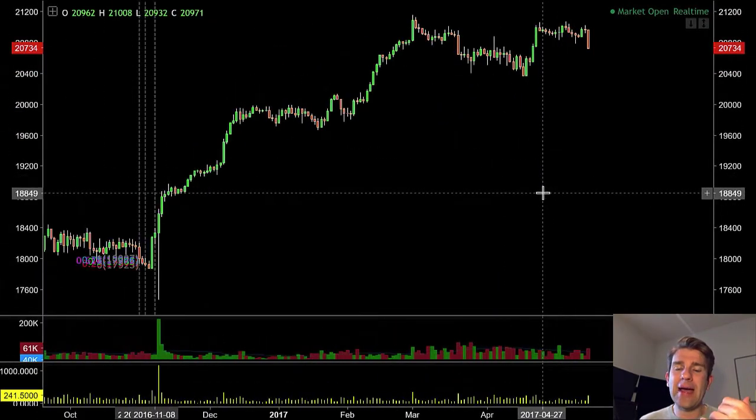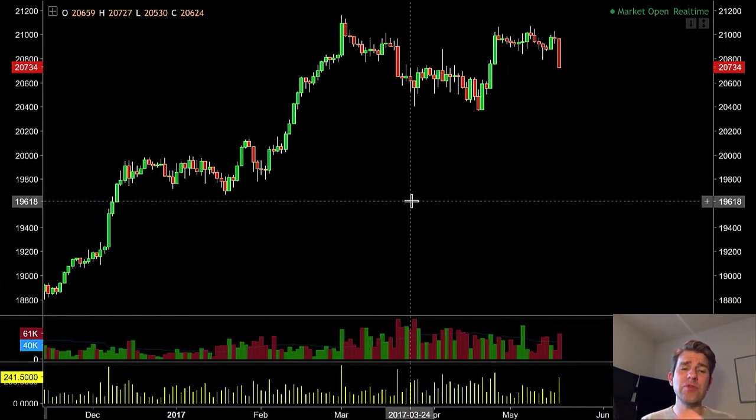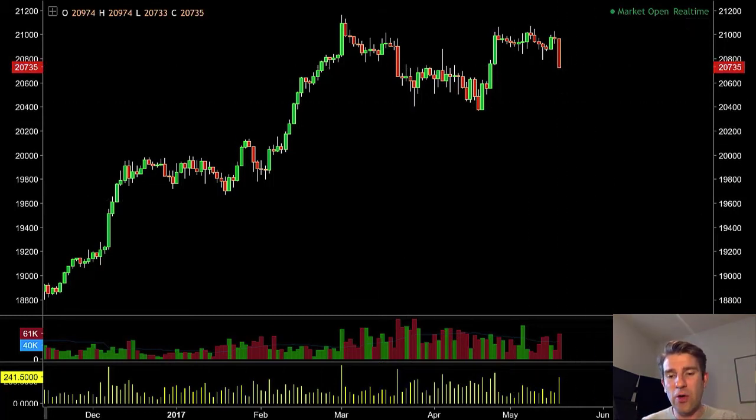Now, I'm going to flick back in a minute to the S&P 500 ETF, because obviously if we're using a CFD for the Dow Cash, that's going to be all the overnight session as well. So we're not going to be able to visualize and see where the gap is, as we can see on this chart here, which is kind of a synthetic Dow Cash price that most CFD cash providers will quote.